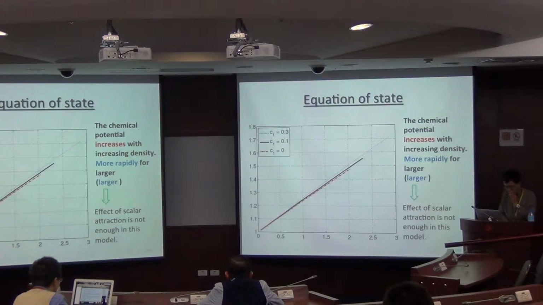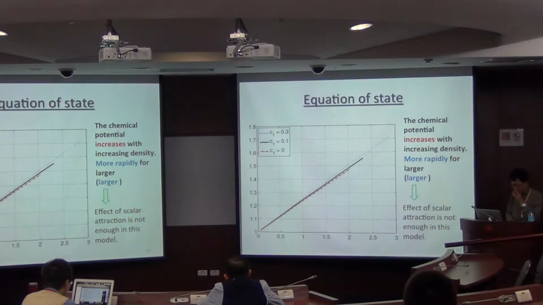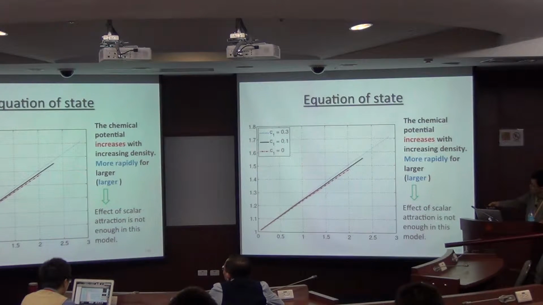And this is our result for the equation of state. Again, the horizontal axis shows the density, and the vertical axis shows the chemical potential normalized by the nucleon mass. The chemical potential starts from 1 at zero density. Then the chemical potential increases with increasing density more rapidly for larger C1. This red line corresponds to C1 equals 0, this black line to C1 equals 0.1, and this blue line to C1 equals 0.3. This means that if you have more chiral invariant mass, the chemical potential increases more rapidly. But this is actually problematic